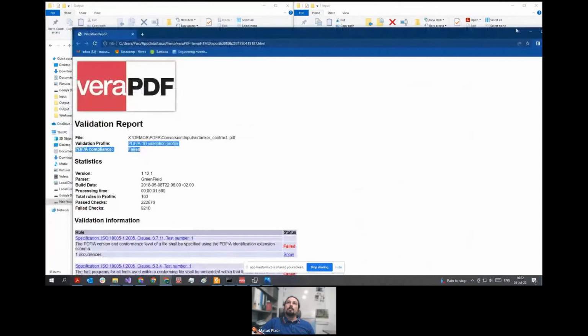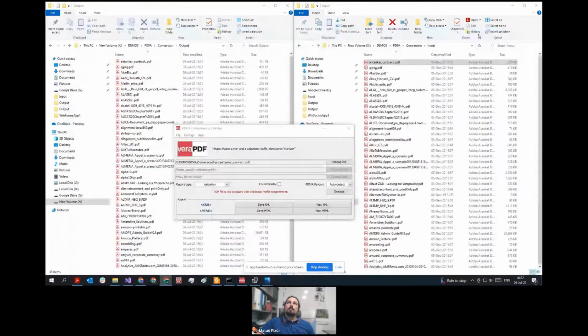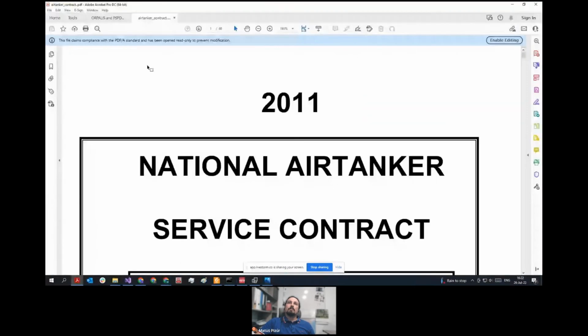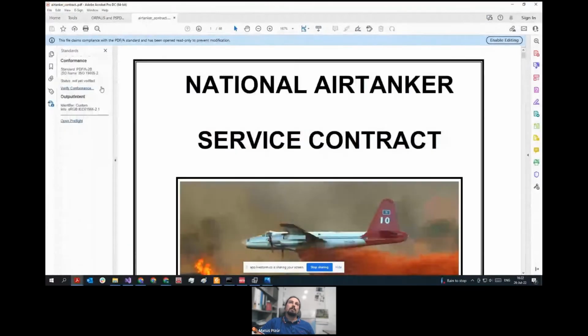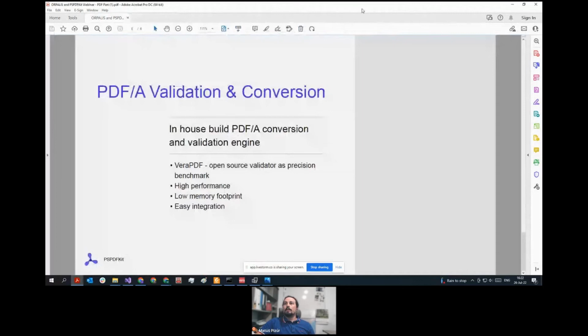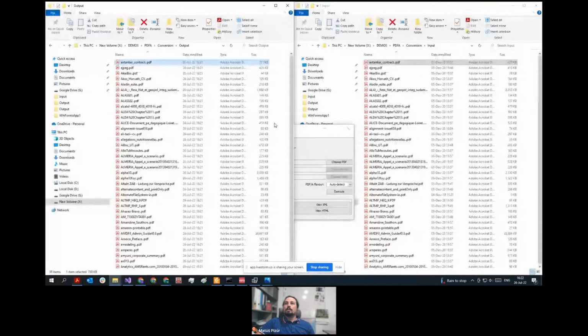Now, if we open our document, Acrobat, first off, will tell us that the document is valid, verification succeeded. We have a PDF/A-2b document, and we can also open it up in VeraPDF